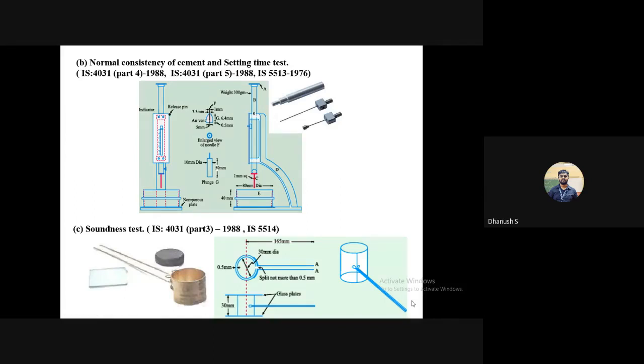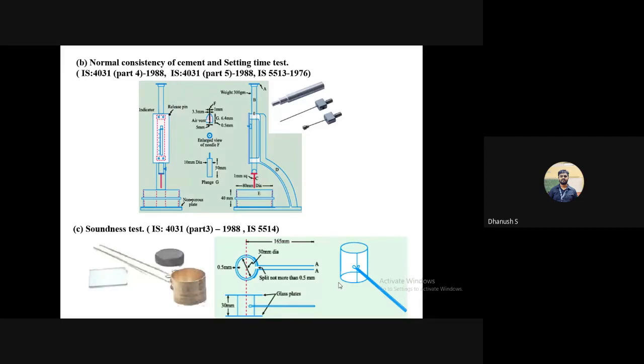And I can safely say, in the past 5-6 years, literally any cement sample we've taken, no matter how cheap, has always turned out to be a good sample of cement. Meaning the quality of production of cement these days is good, so you don't really find any unsoundness anymore. For that reason, we've removed the soundness test from your laboratory manual. It is not one of the experiments that you'll perform in the lab, but it is important that you know what this test is, in case anyone asks. And for theory, it is definitely there.